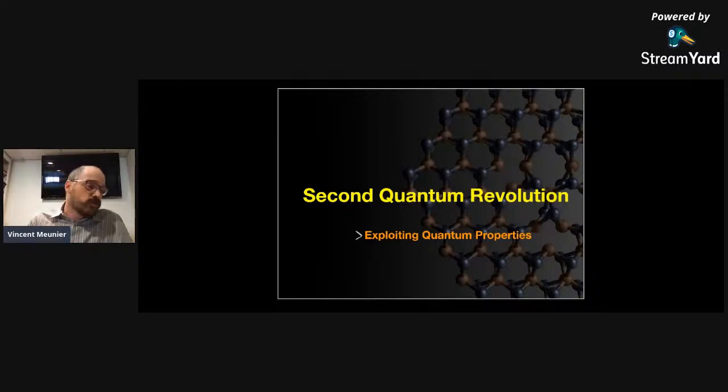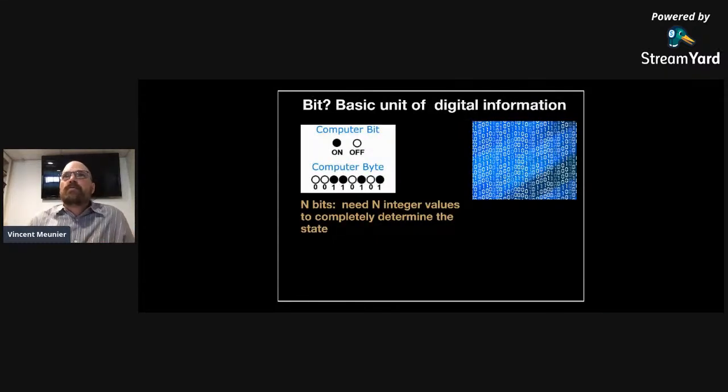In fact, the second quantum revolution started maybe 10, 15 years ago, and it's actually in full force right now. It is really to try to exploit quantum properties, but by creating new systems that are not natural systems, but which have interesting quantum properties. An example is quantum computing, and of course, all the associated effects. For that, I'm just going to show you an example again. Remember the computer bit. By the way, the computer bit is still what we are using right now in computers. There is no quantum bit yet. So if you want to buy a quantum computer, do not spend good money right now, because it's either too expensive or there is no such thing.